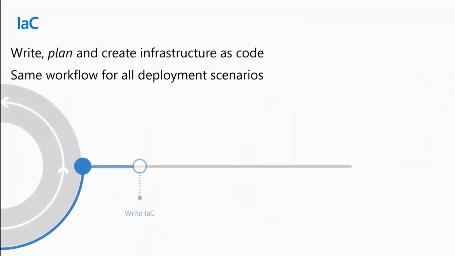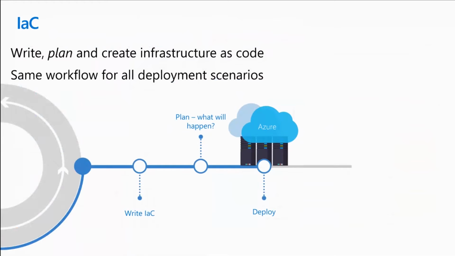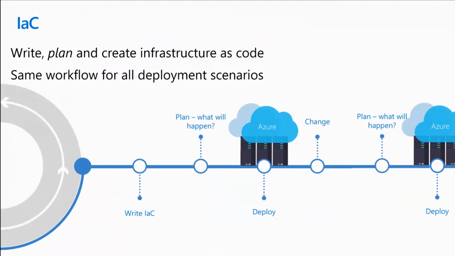As I said, with IaC, we want to have the same process that developers have for the operations team. This way, we're all working the same way, following the same steps in order to deploy. So we write our script, we plan what will happen and how it's going to get deployed, and then we deploy it. Then we change our script again and go through the same process, just like a developer would do. That's an iterative process that goes on and on. That parallel between application development and operations is exactly what IaC is trying to address.